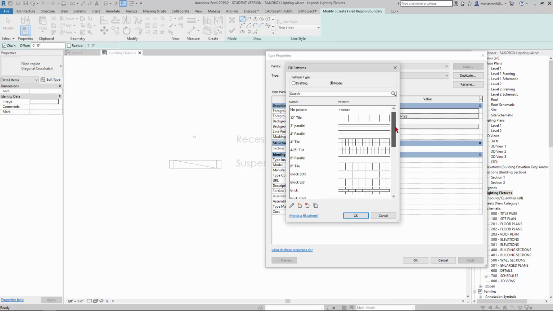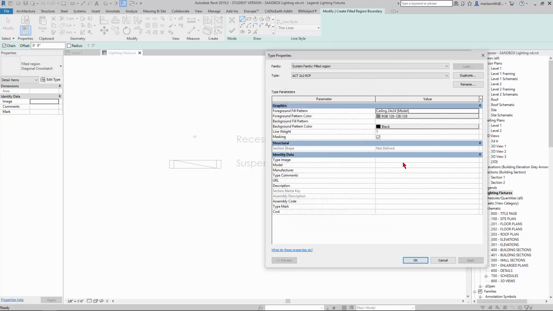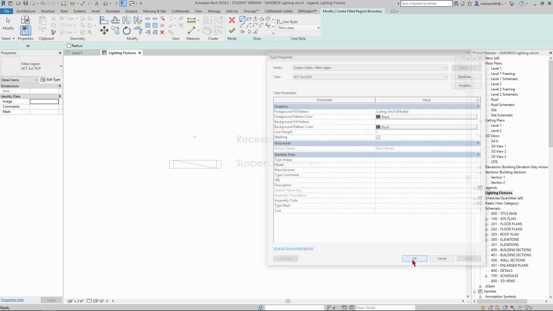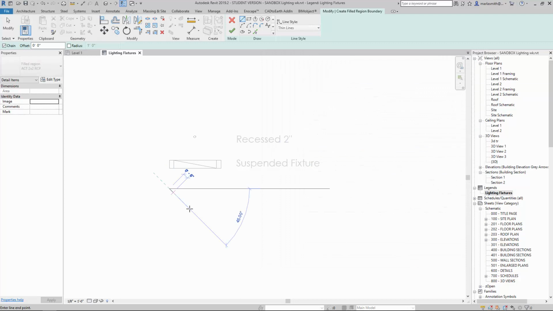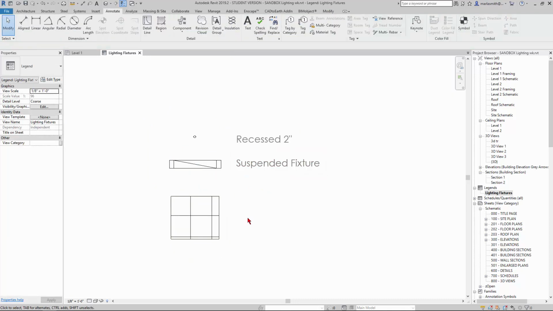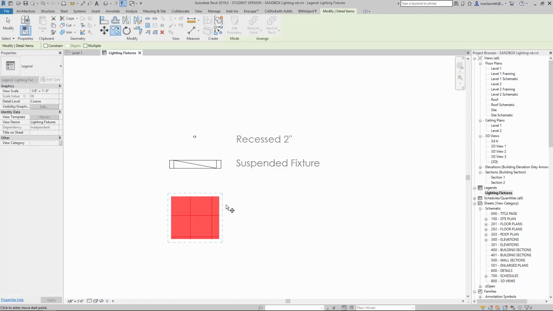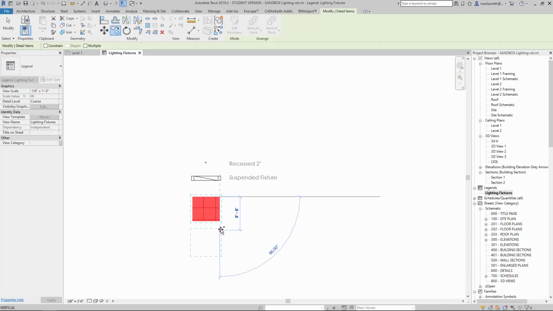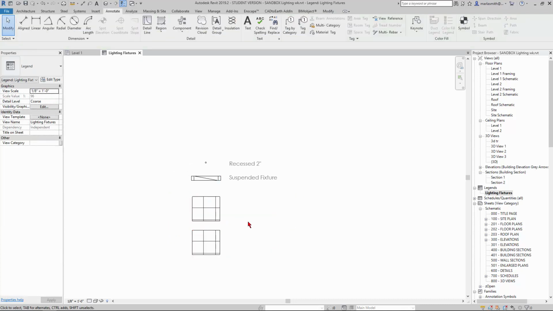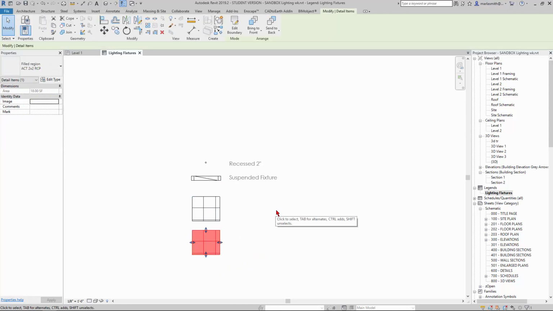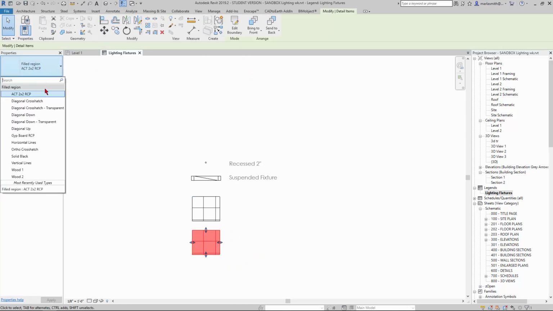And I'll go ahead and change this guy to black. I think we have it set at black in there. And then I'll click OK, and I can come in and make a rectangle that represents that swatch, right? So there's the 2x2, right? And then if I just copy that down, right, I'll come in and select this guy and flip it to